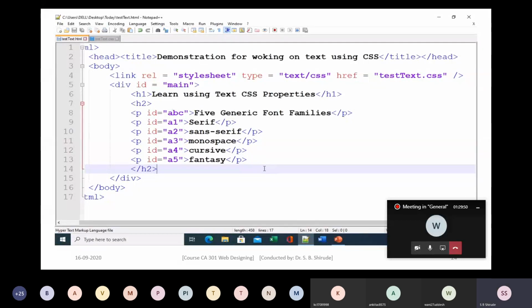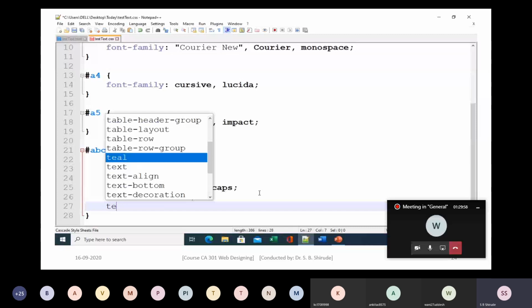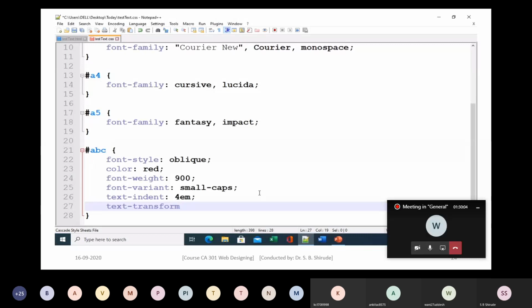That space for indentation has been put by the browser. Em is the relative unit, so whatever the current value is, that is multiplied by 4.